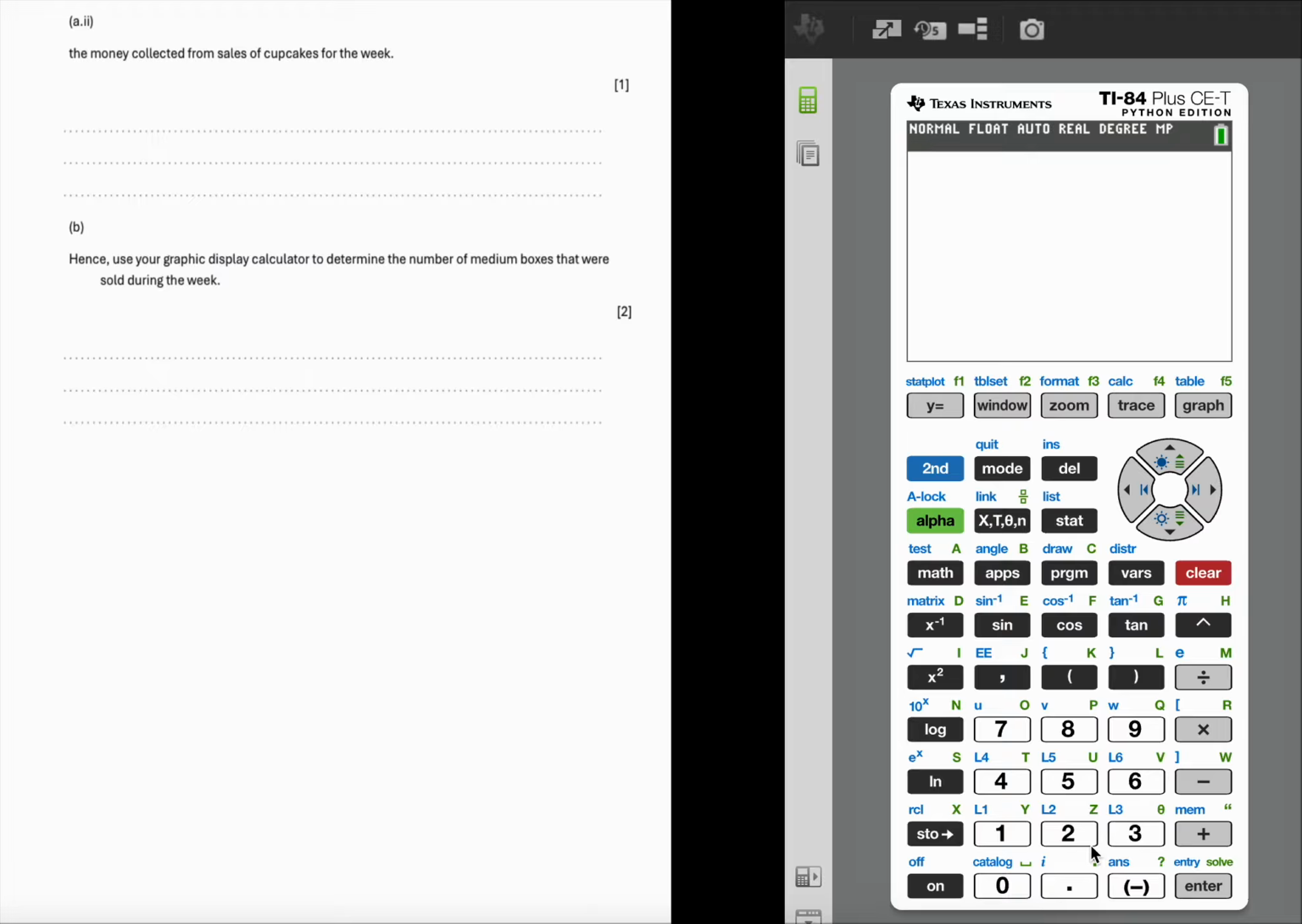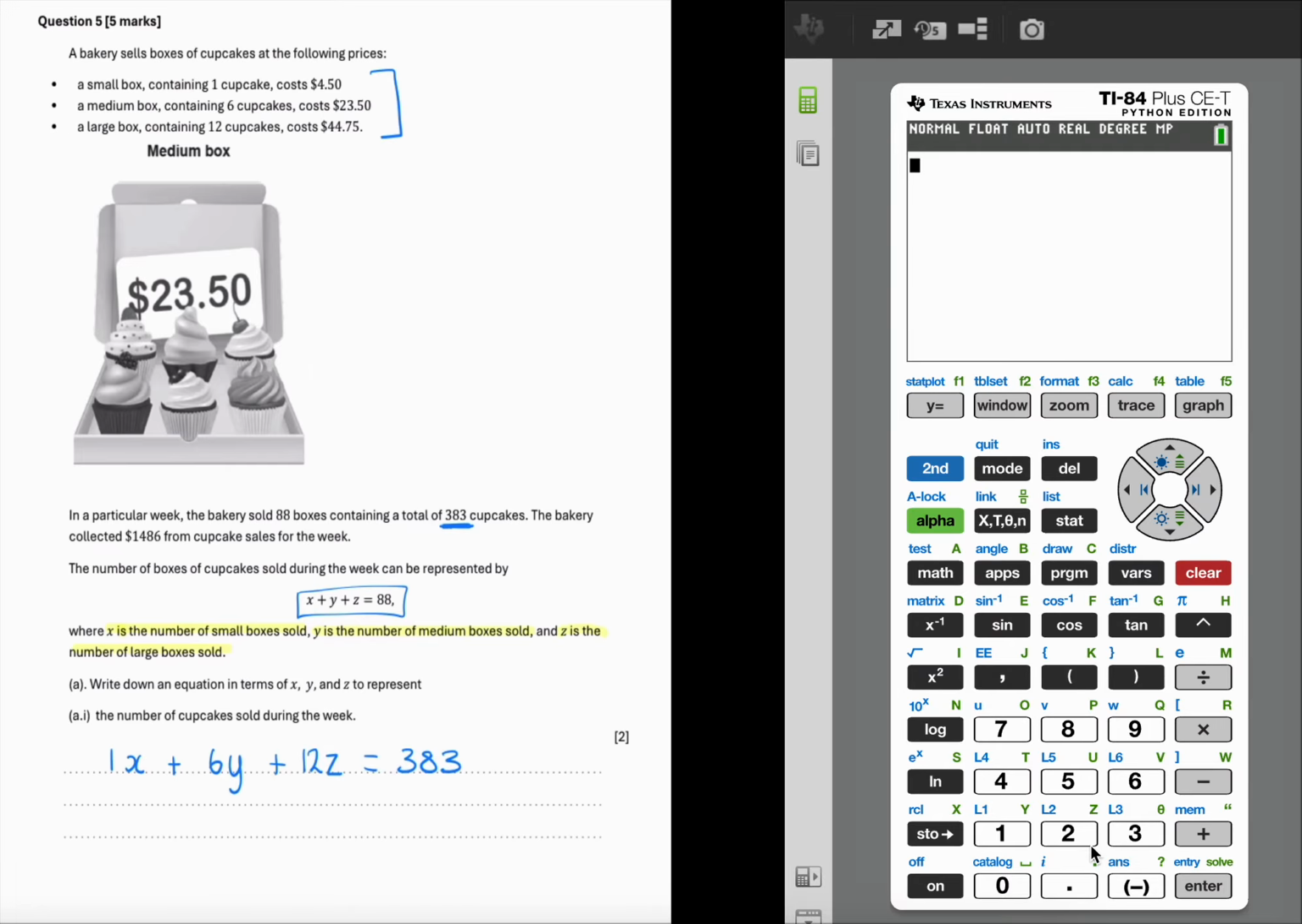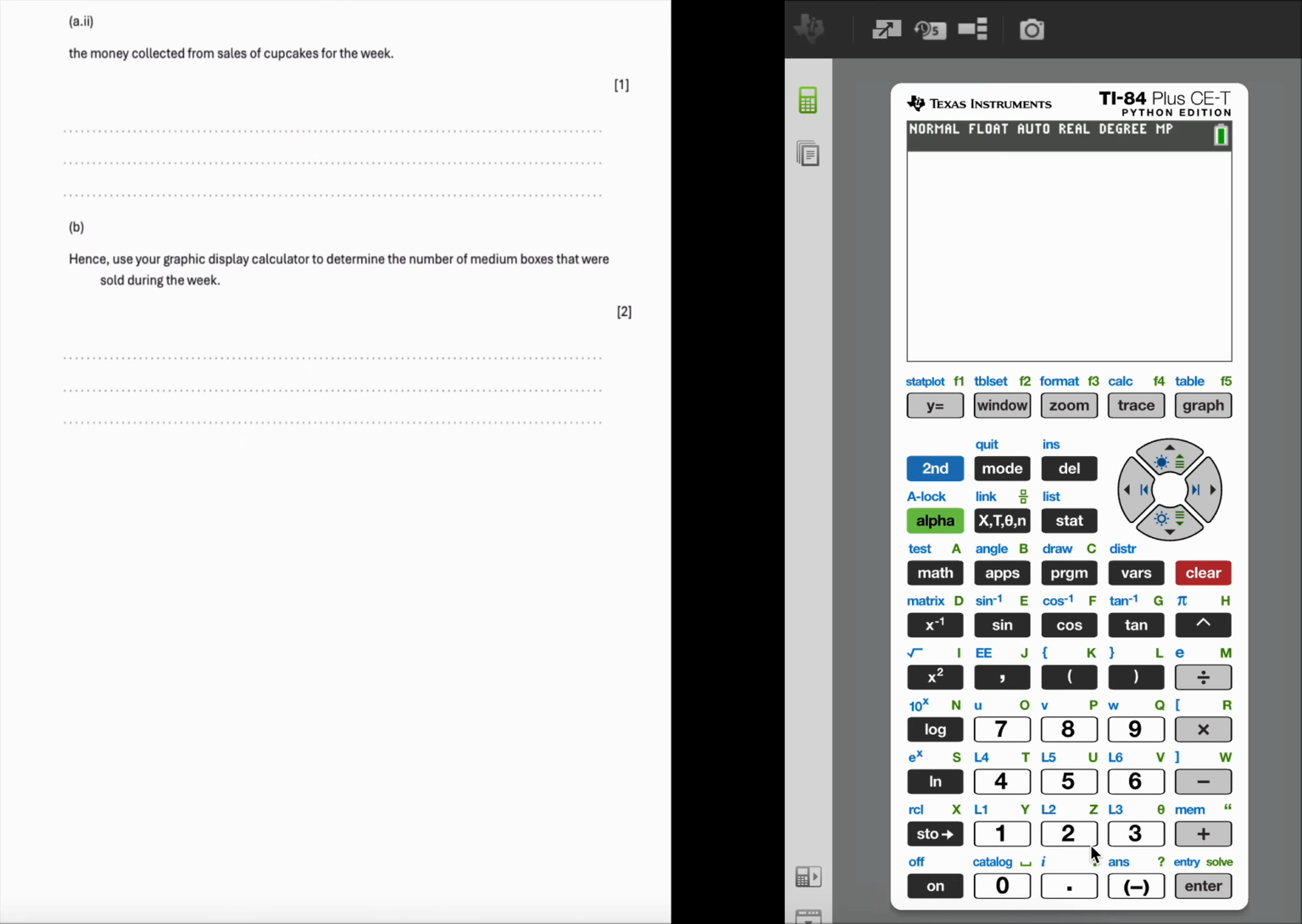And then following on from that, it says I need to work out again an equation, but this time for the money collected from the sales. So we're told that the smaller box cost $4.50, then $23.50 for a medium box, and $44.75 for a large box. So that means that we're going to have $4.50 times the number of small boxes plus $23.50